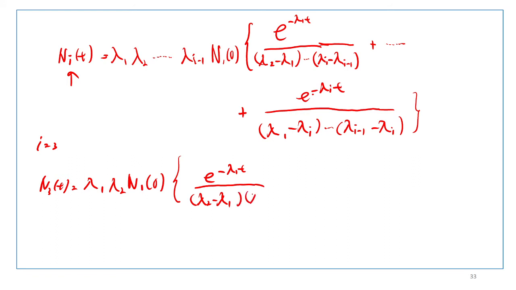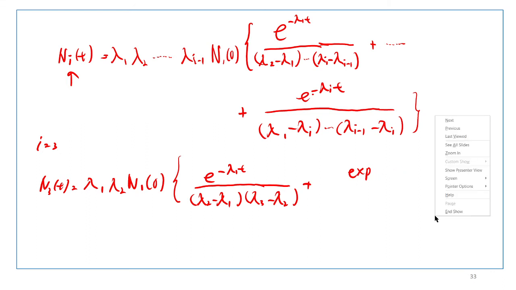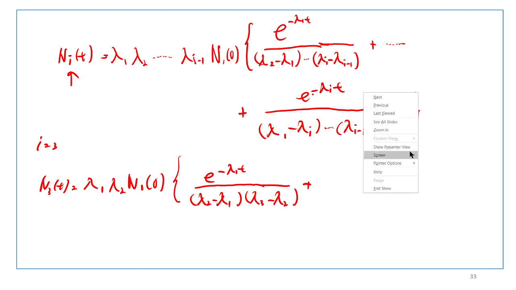Lambda I is 3, so lambda 3 minus lambda 2. That's the first term. Second term is e, not exp, it should be e, so e to the minus lambda 2 t